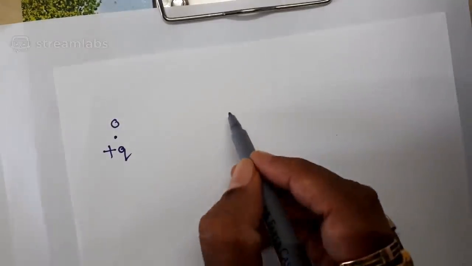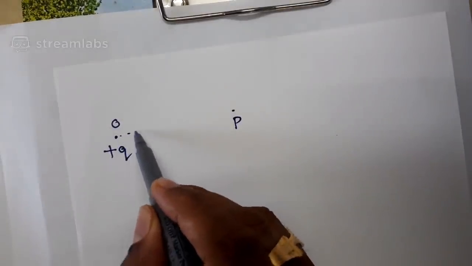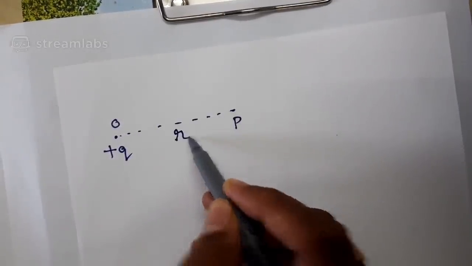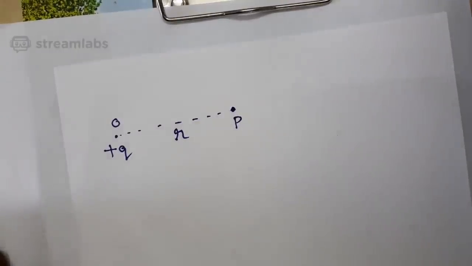Again, starting from the concept of a point charge, plus Q charge at some point O, which can produce an electric field around it, is a well-known fact. Now if I select a point and name it P, assuming that the point P is at a certain distance R from a plus Q charge, we have reached a stage where I can define electric intensity at point P. Even I can define electric potential at point P.